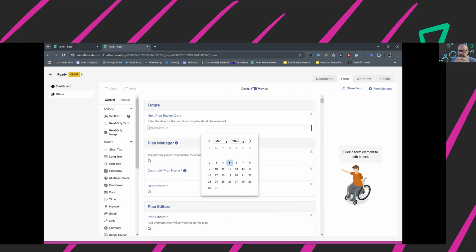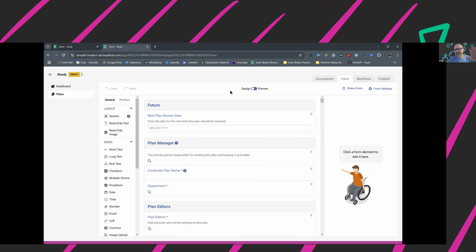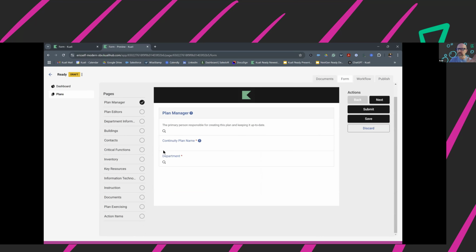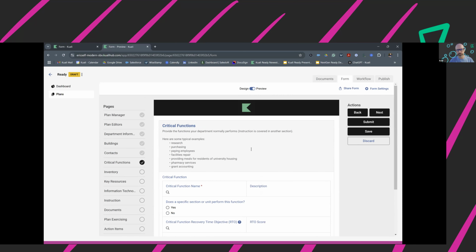So, just the lay of the land, a quick review for my benefit and the audience too. When you first log in, you can see all your plans, the status of all your plans, where they are, who they might be stuck with, or where the next step is. You've got a dashboard view, color coded, so you can see which have errors, which are in progress, which are complete. And if you need to change the forms that are used for plans, that's this form builder tool you're showing here that has the preview option.